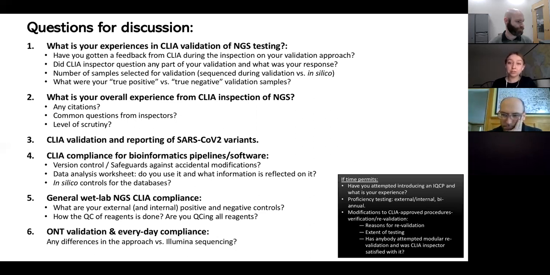How do you do version control? Are there any specific safeguards that you have against accidental modifications that you could demonstrate to a CLIA inspector? Do you have any data analysis worksheets, and what information is reflected on them? And overall, do you use controls for your bioinformatics pipeline portion, specifically in silico controls? Please let us know what your experience is.